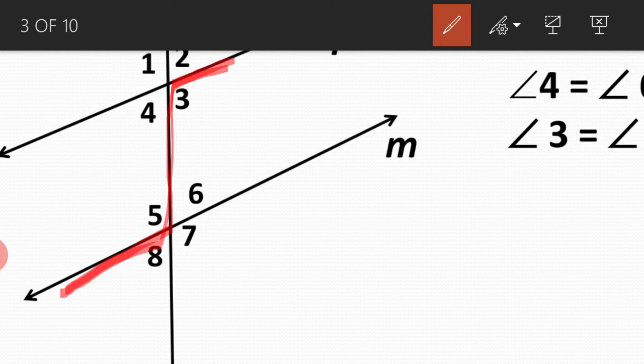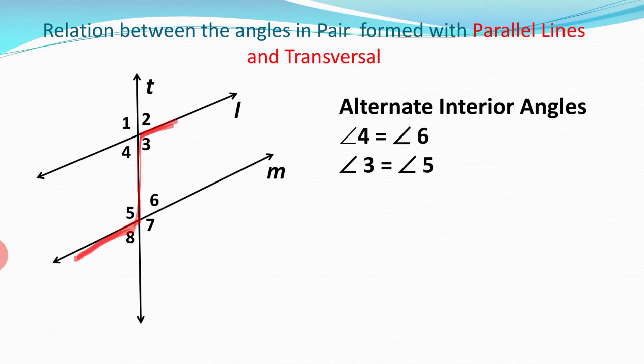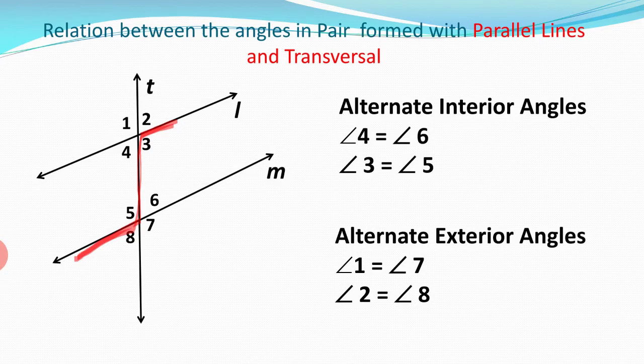So do you again come across a Z shape? Yes, it is inverted, but it is a Z shape. When two lines are parallel and intersected by a transversal, the alternate interior angles which are formed are equal, and there are two pairs of alternate interior angles. Which letter can be used to identify alternate interior angles? That is Z.